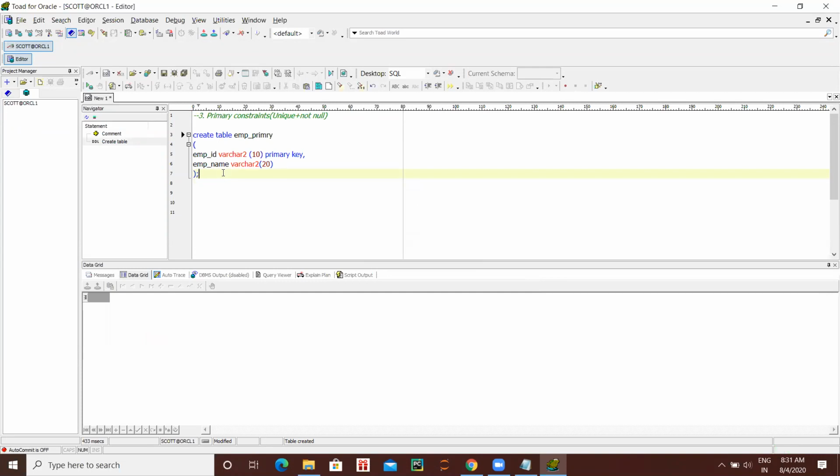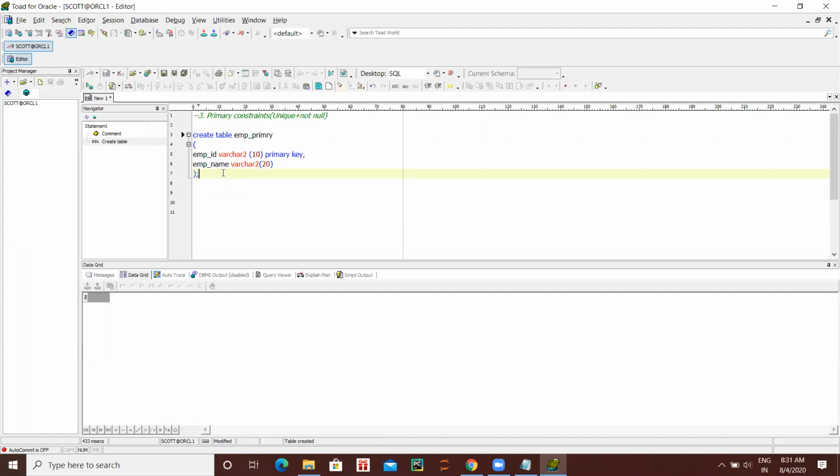Create table employee_primary, employee ID and employee name. Here we are giving the constraint as primary key. So that means employee ID is primary. That means in employee ID, it should take only unique values and not null values.